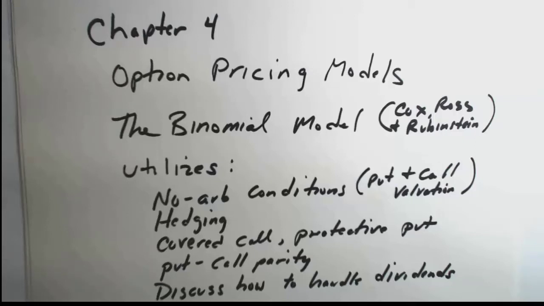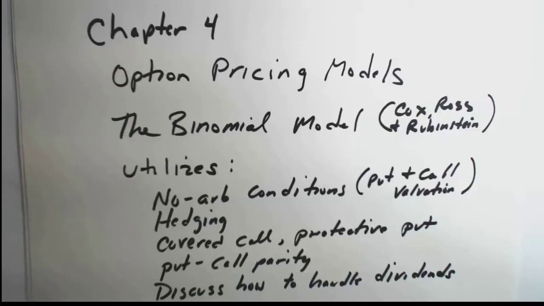Okay, this covers material in Chapter 4, Option Pricing Models. Specifically, the model we're looking at today is the binomial model, originally derived by Cox, Ross, and Rubinstein, sometimes called the CRR model. It's been around for a while. The reason we're looking at this model first is it gives us a ton of intuition on